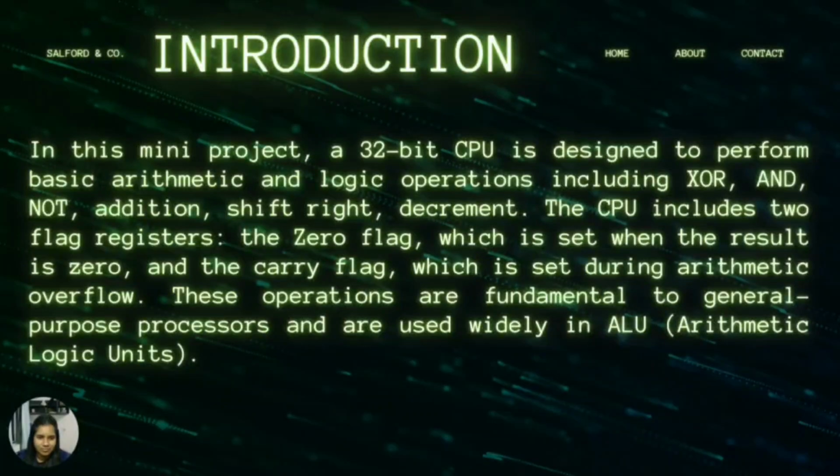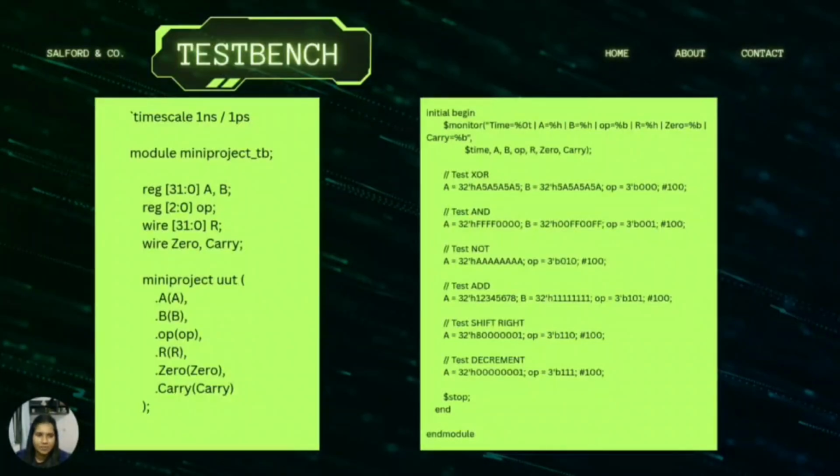As you can see from the test bench coding, I'll explain each line of this test bench coding. First, the first line, timescale 1ns/1ps, indicates the time precision. And then the second line is the module name of our project, mini project test bench. The third line, reg [31:0] for inputs A and B,